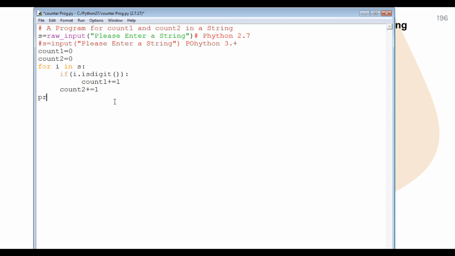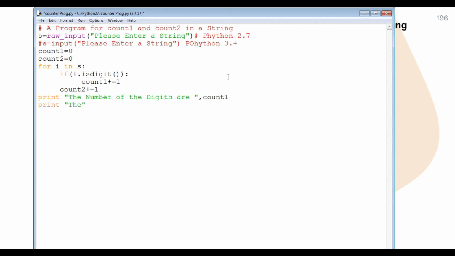Simply we are going to print in small case, number of the digits are, counter 1, because counter 1 calculated digits.